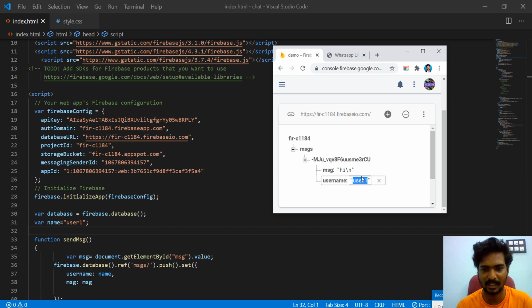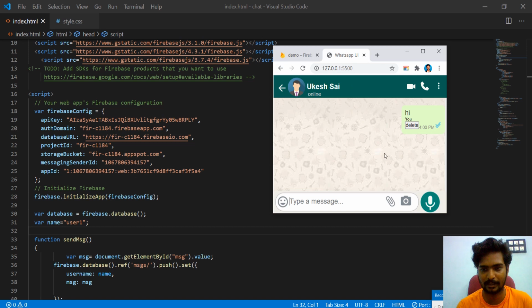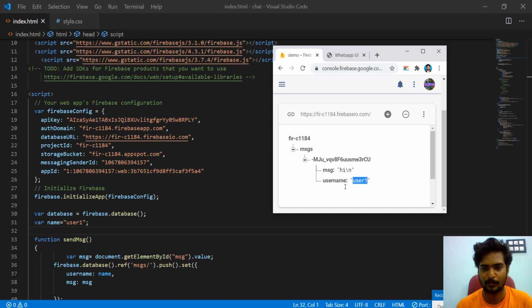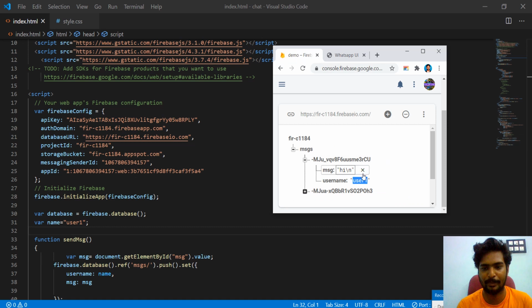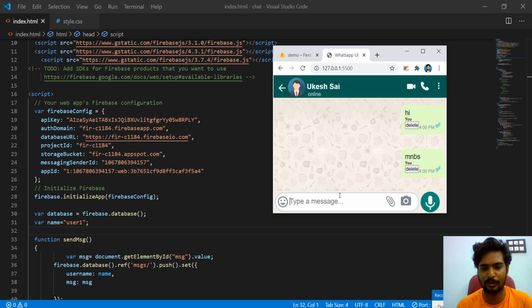For the current user, it should be their name. If I am sending a message, it appears on this side. If I am receiving a message, it should appear on this side. This decision is made by comparing the username. We need to get the username from the user, so we are going to get it using the URL. I will explain the code for how to get the data from the URL. Then we will add the username in the URL, get it, compare it, and change this alignment.